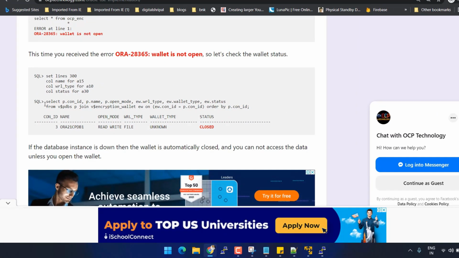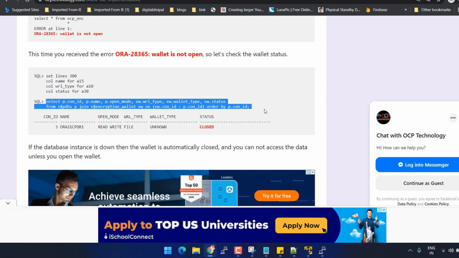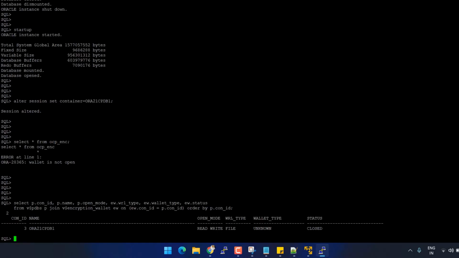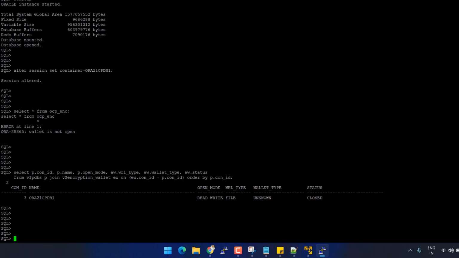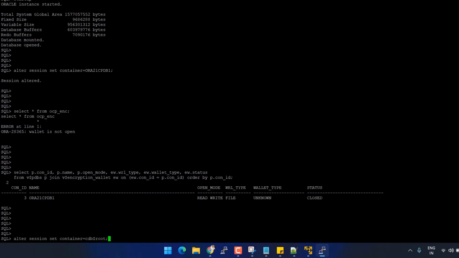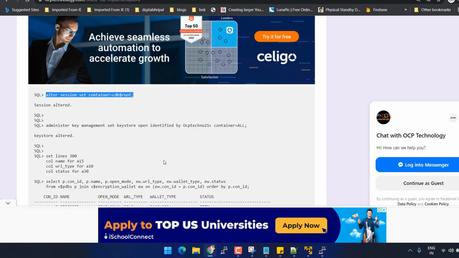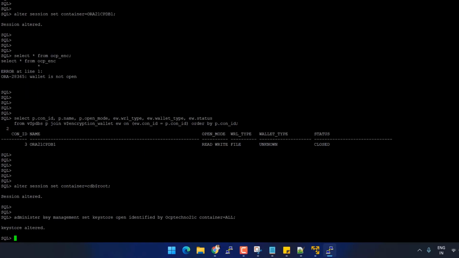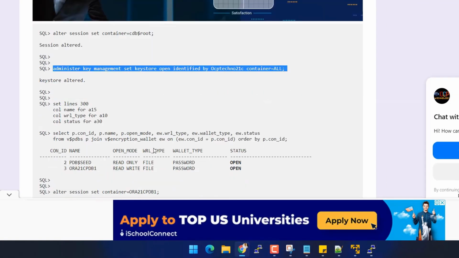First, let me check the current status of the wallet. You can see the wallet status is closed. Let me open the wallet first. Then check the wallet status again.